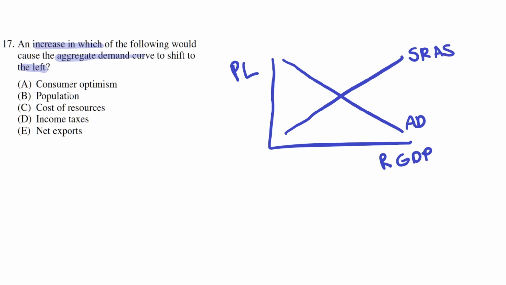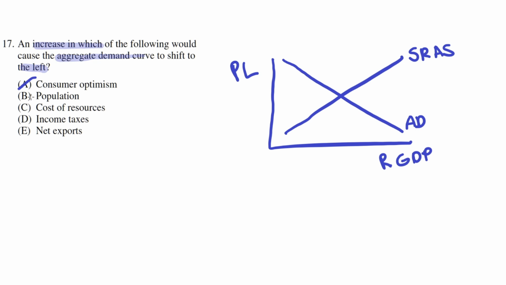So let's first consider option choice A, consumer optimism. An increase in consumer optimism means that consumers are optimistic about the future and that the economy looks good. Therefore, they would increase their consumption. An increase in consumption means that aggregate demand would increase, and this increase in aggregate demand would mean the curve would shift to the right. But this is incorrect, because we're looking for the option that would cause the aggregate demand curve to shift to the left, not to the right. Therefore, A is incorrect, because an increase in consumer optimism leads to a shift to the right in the aggregate